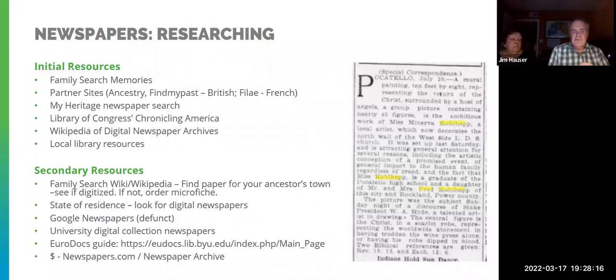I was surprised. You have the states there. I was surprised how many states have digital archives where you can get newspapers as well as books and documents. I know North Carolina and Indiana both have those, and they're free. But I haven't found the Carolina digital archives that easy to go through personally.